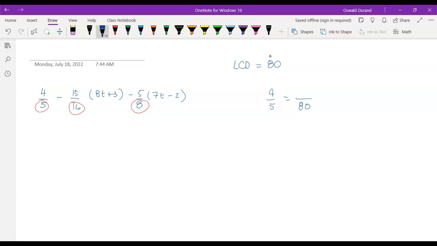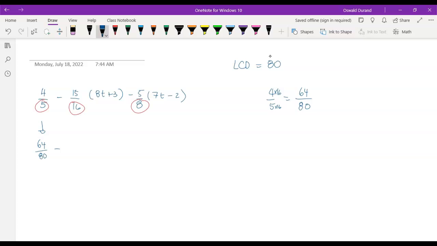All you have to do is basically figure out how many times 5 goes into 80. We know it goes 16 times, so 5 times 16 is 80. So 4 times 16 will produce the new numerator of the equivalent fraction, right? So in this case, it will be 64. So in this case here, this will become 64 over 80